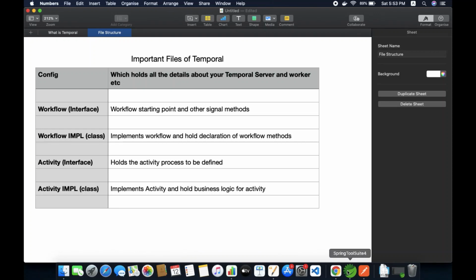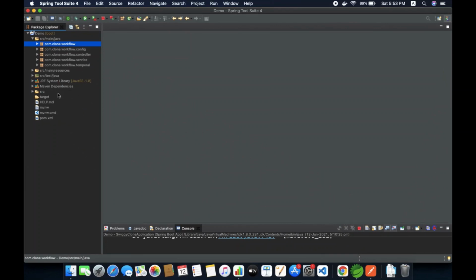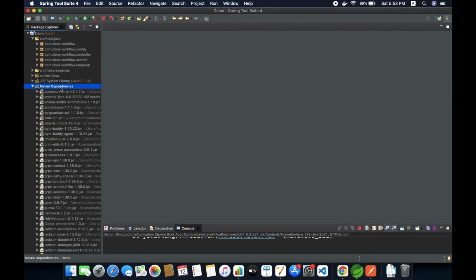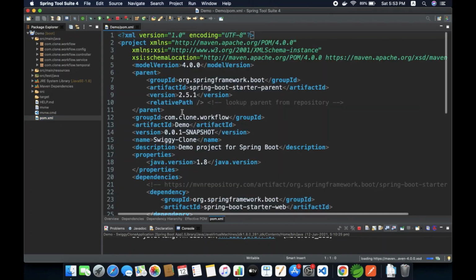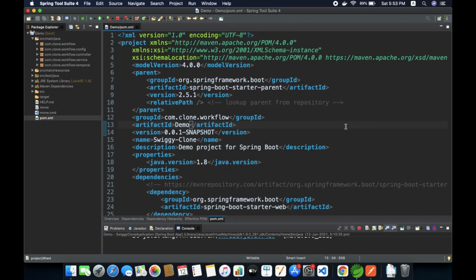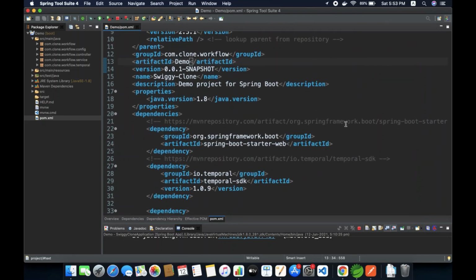Now let's see the code structure. I have already downloaded the Maven dependencies required for Temporal, and I'll be uploading this project to GitHub and sharing the link in the description. Please go through the source code.